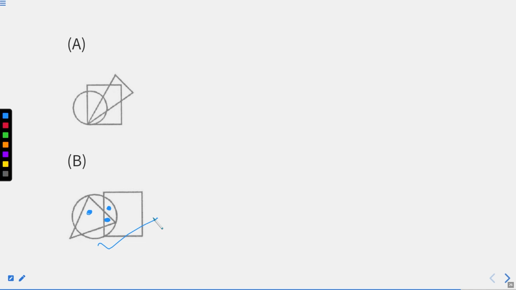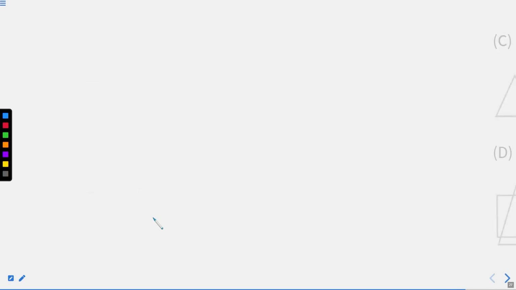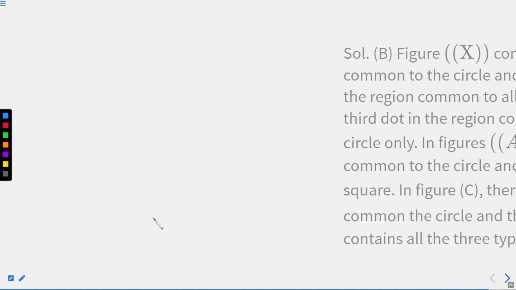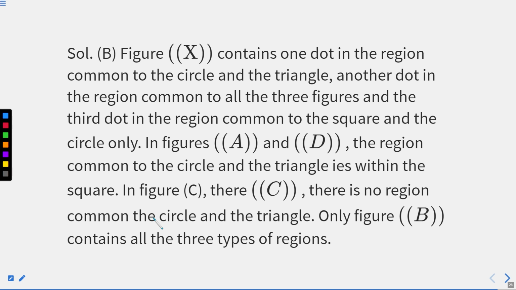So what we are able to figure out from all these questions is that for every question, either you have 1 dot, 2 dots or 3 dots. So you have to find the similar regions available in the alternative options. As soon as you are able to find all the regions, you are supposed to mark that particular option as your answer. So for better understanding of this chapter, you can attempt practice questions through the website and build good hands-on practice with these kinds of questions.